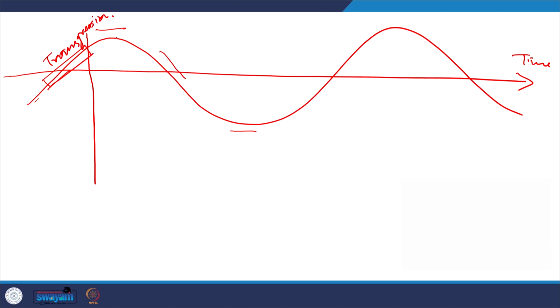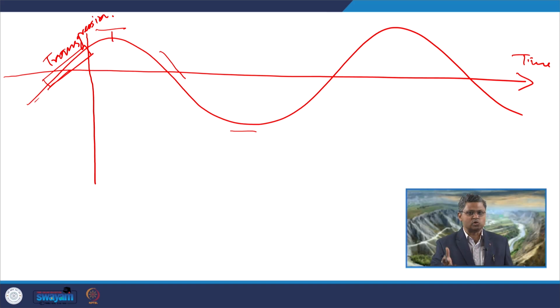After this, up to this point, the base level is still rising, but the rate of base level change is slow with respect to the rate of sediment supply, and in response to that what we get is a simple normal regression. That will continue up to this point. So, again we are getting another boundary over here.